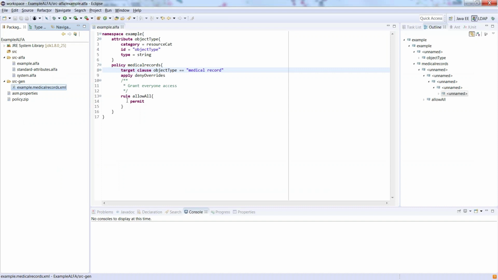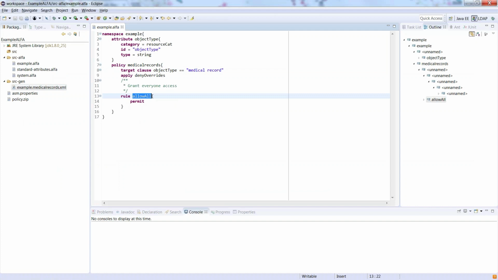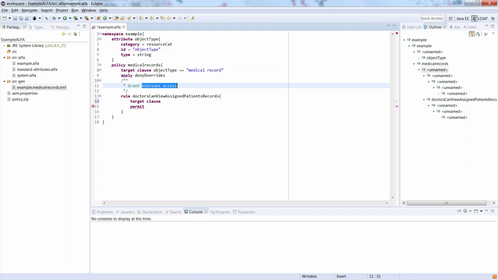And something that you mentioned that was really interesting to me, Jonas, was the fact that you can use relationships so that the authorization can grow very quickly without you having to grow the policy. So I'm going to say doctors can view assigned patients' records. I'm going to update my description, by the way, not that it matters, but grant doctors the ability to view the medical records of those patients they have a care relationship with. So notice how the business requirement is directly mirrored into the authorization policy. It kind of bridges the gap between business and IT, which is really cool.